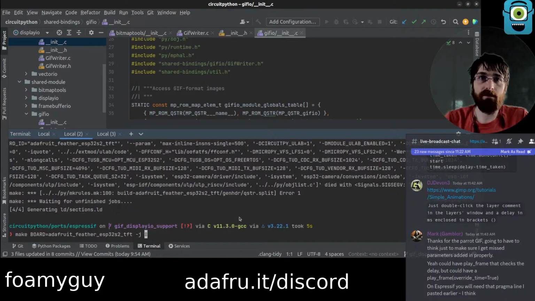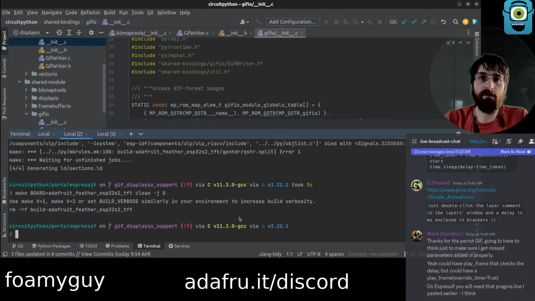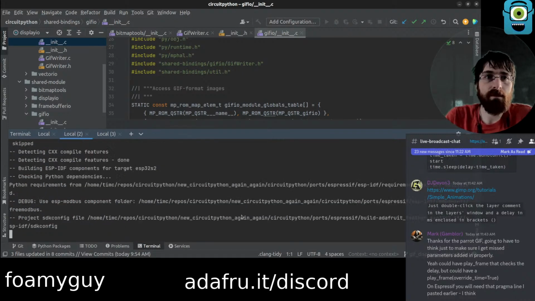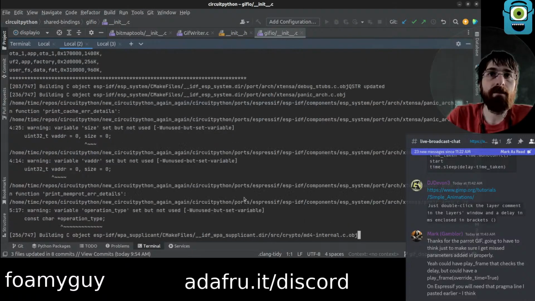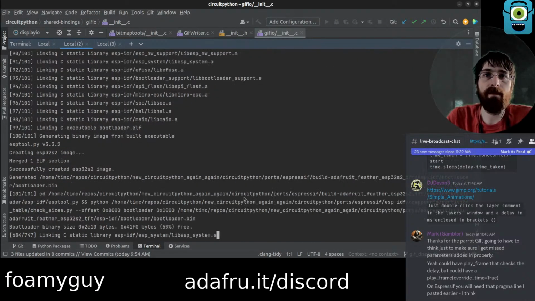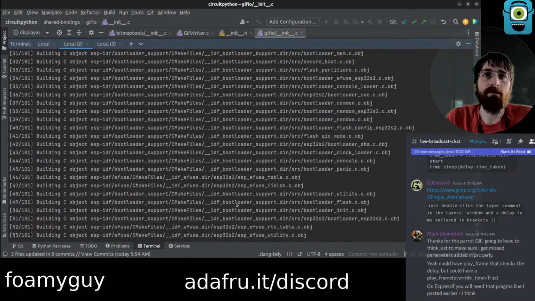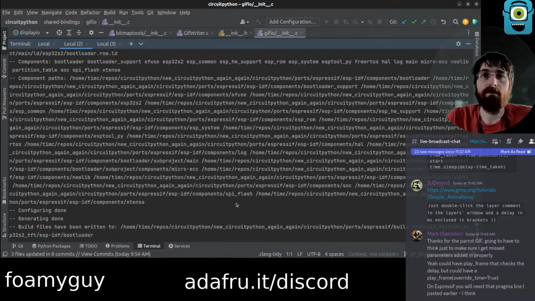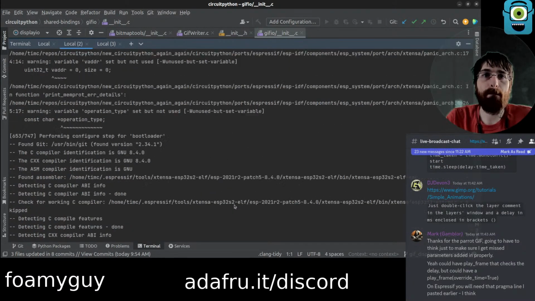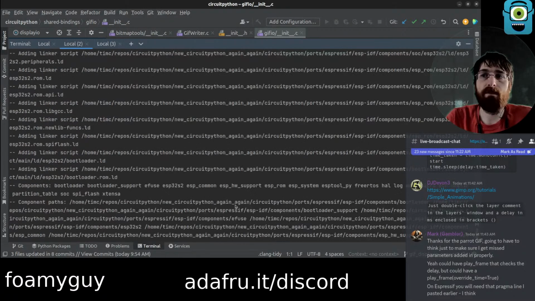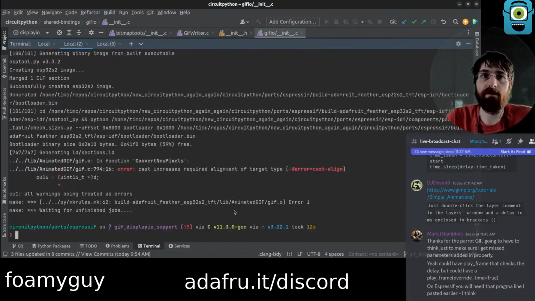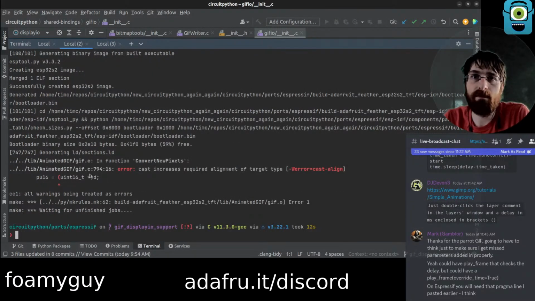Let me do a clean. Unused variables. There it is. Okay. Cast increases alignment of target type.